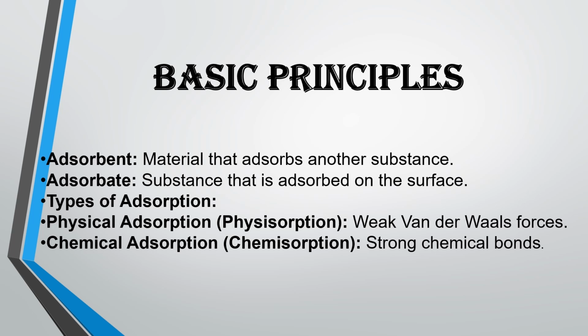Basic principles. Adsorbent. This is the material that adsorbs another substance. The adsorbate. This is the substance that is adsorbed on the surface. Types of adsorption. We have the physical adsorption, also known as physisorption. This physical adsorption has a lower enthalpy of about 20 to 40 kilojoules per mole. Normally in